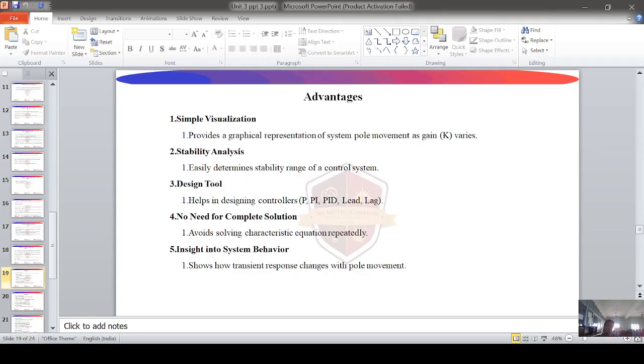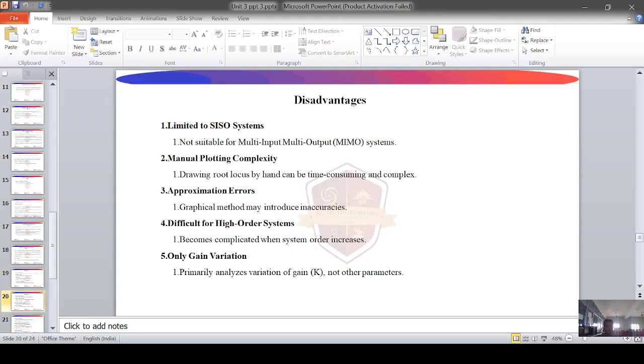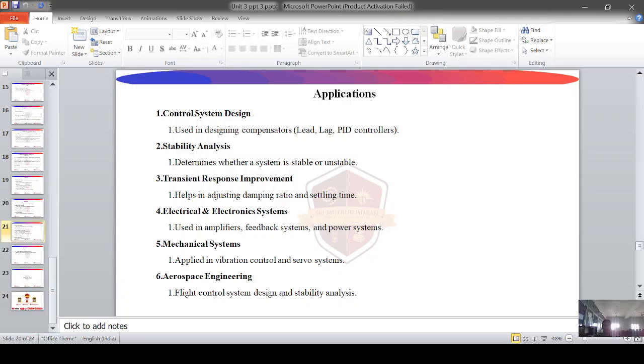Advantages of root locus: simple visualization, stability analysis, design tool, no need for complete solutions, and insight into the system behaviors. Disadvantages: limited to linear systems, manual plotting complexity, approximation errors, difficult for higher order systems, and only gain variations. Applications: it is used in control system design, stability analysis, transient response improvement, electrical and electronic systems, mechanical systems, and